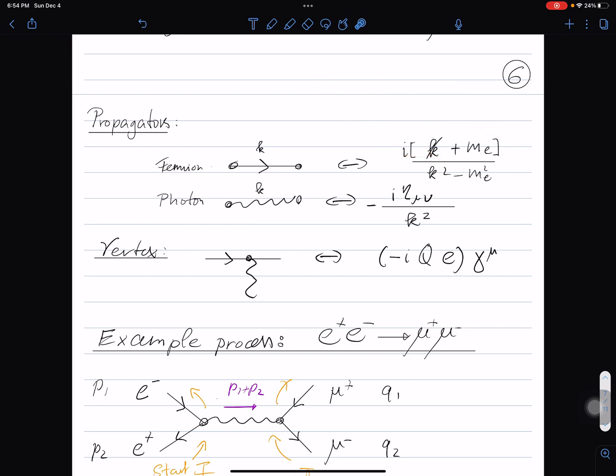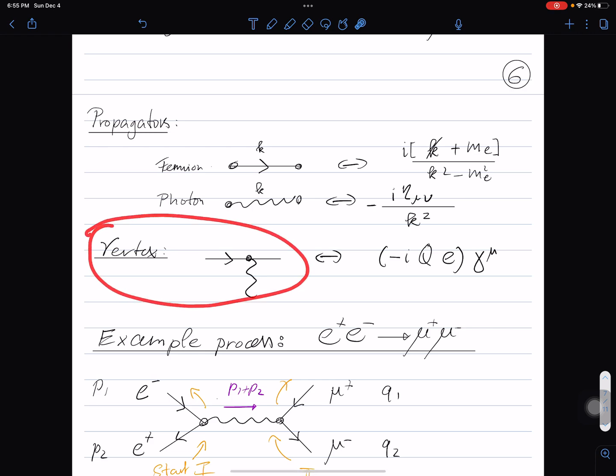It's quite a special case and needs quite careful evaluation in amplitudes. The photon connecting two lines also goes as 1 divided by k squared, the momentum squared. There is no mass involved since the photon has no mass. And in the numerator it has the metric tensor eta mu nu, and we will see in an example how it is used in amplitudes.